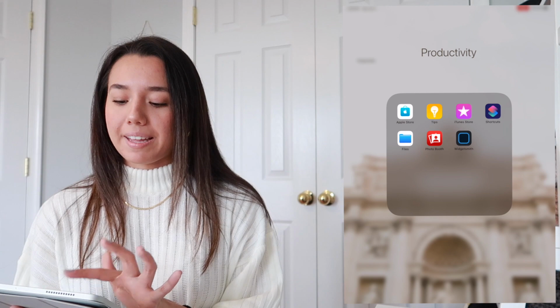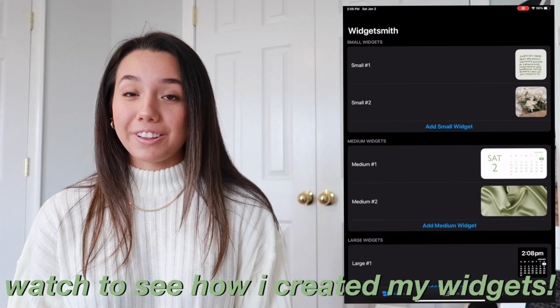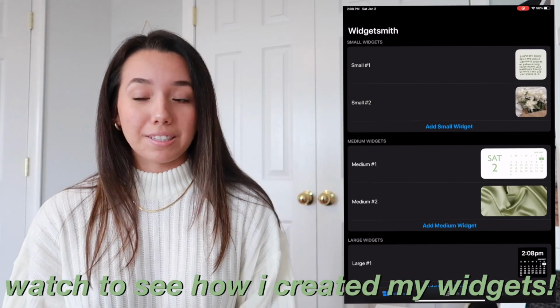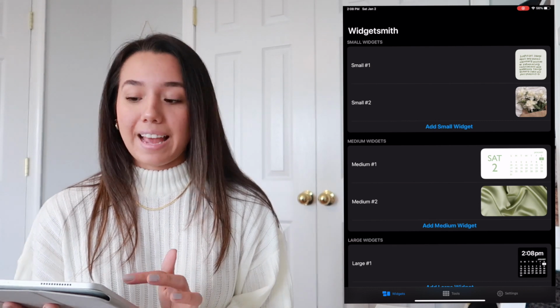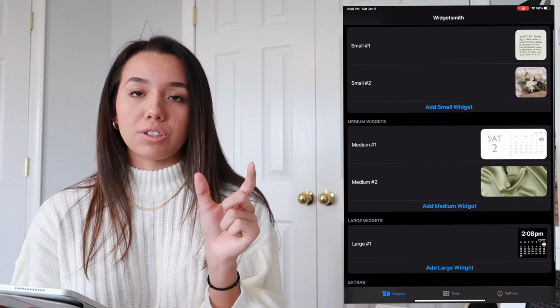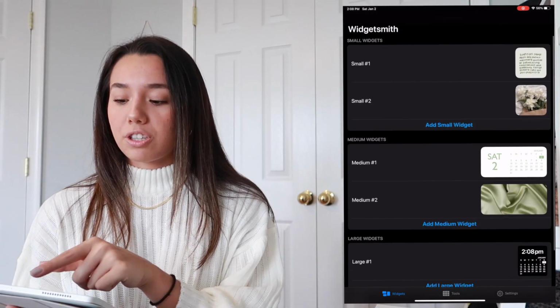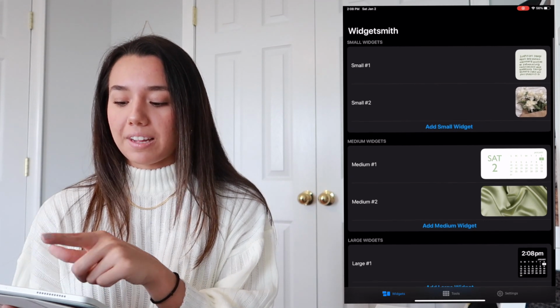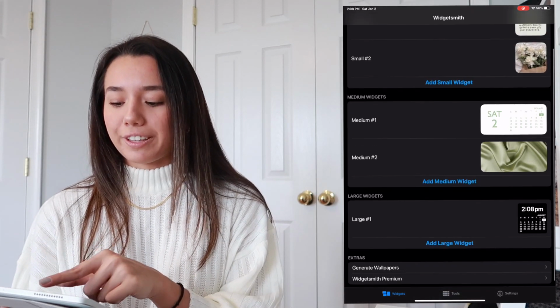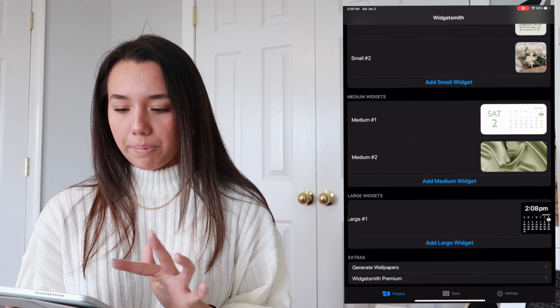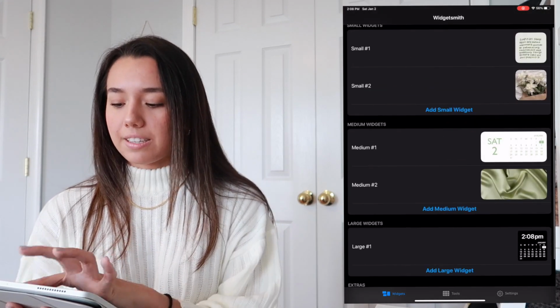Booth, and Widgetsmith. And if you don't already know, if you haven't caught on to the trend, especially with the iPhone customization videos, Widgetsmith is the app in which I create those widgets that you saw on my home screen. So I made 2 small widgets for the little pictures and the quote, 2 medium-sized widgets for the calendar and the satin. But there's so many different widgets you could do, so let me add a small widget just